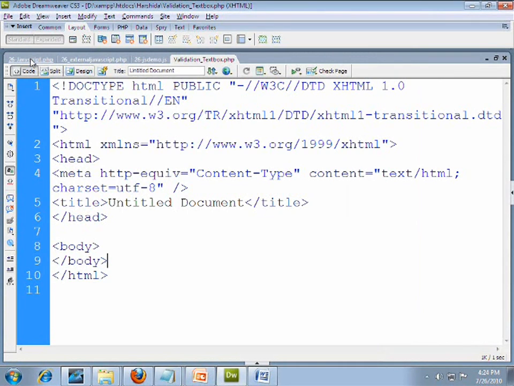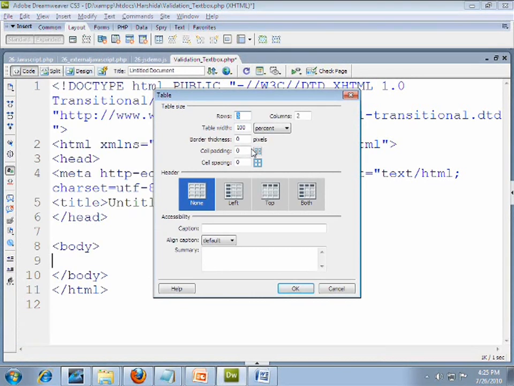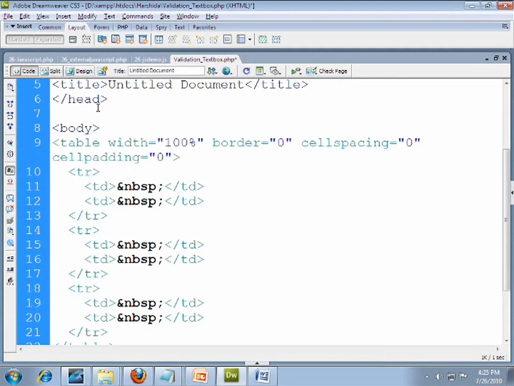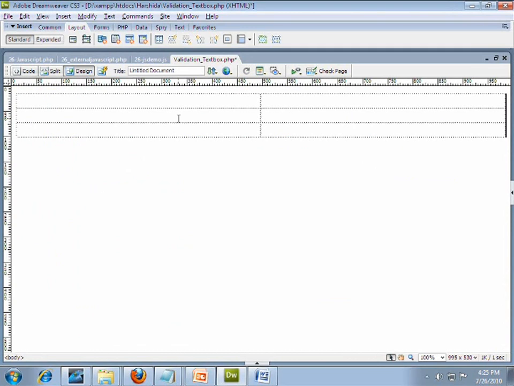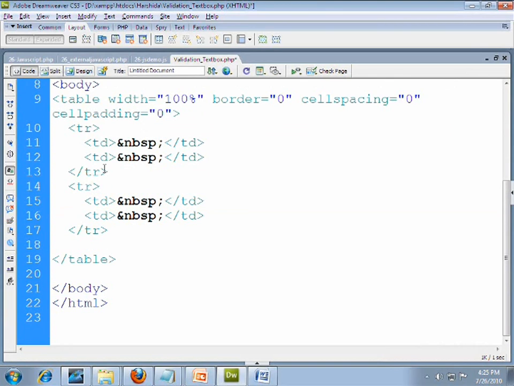Now I place one table in between my body opening and closing. Go to the Insert tab, click on Table, specify the number of rows and columns, and click on the OK button. So this is my table which contains 3 rows and 2 columns. I require only 2 rows, so you just remove 1 row.